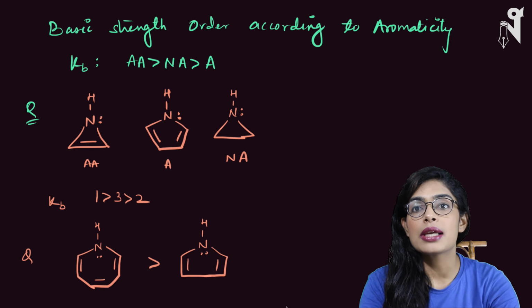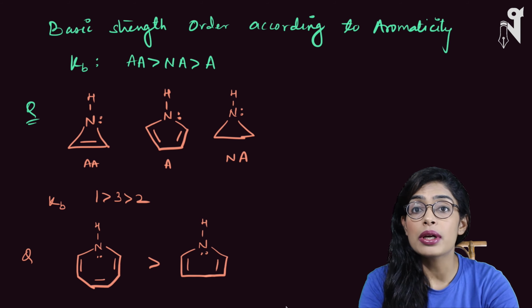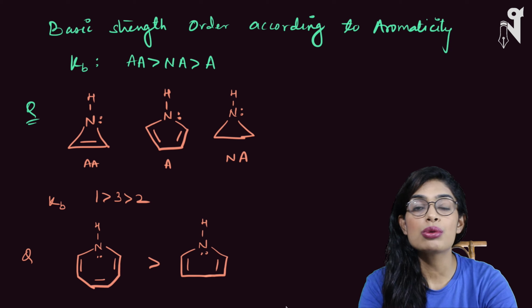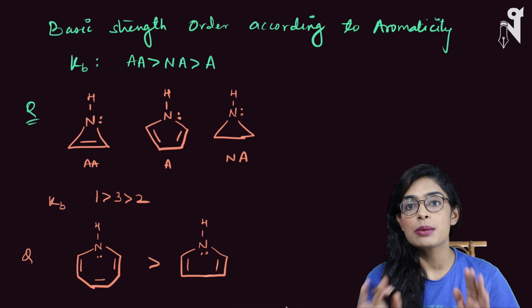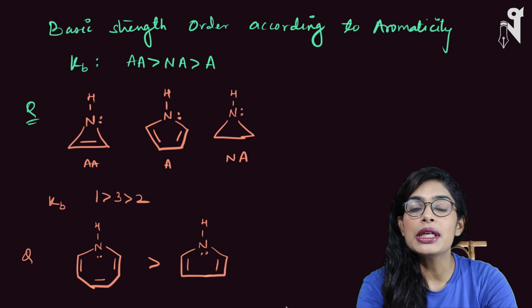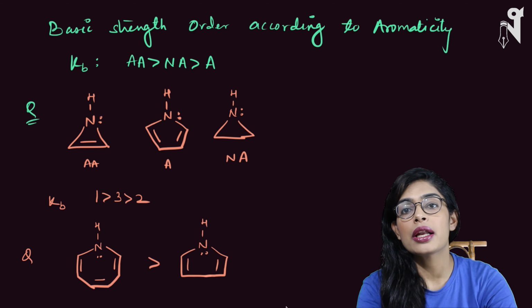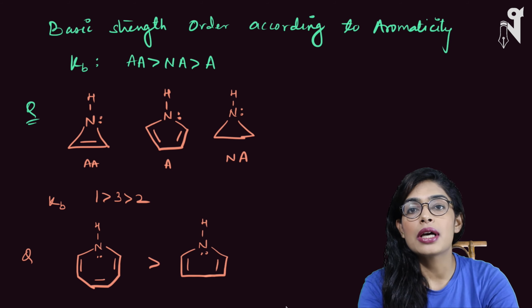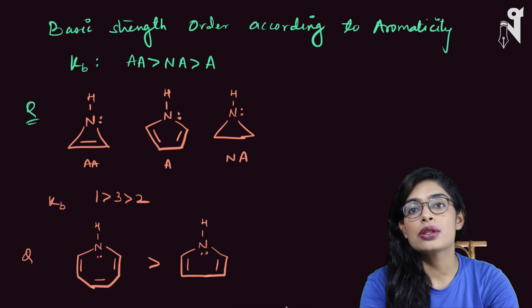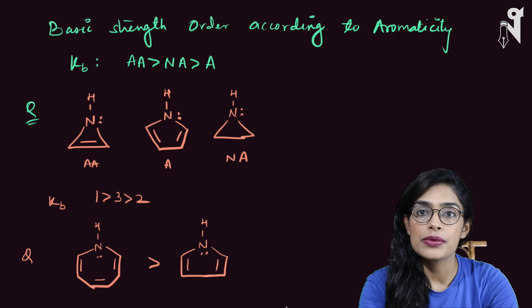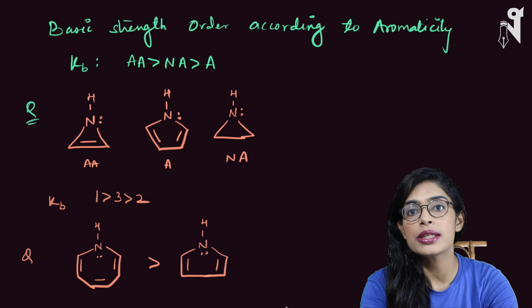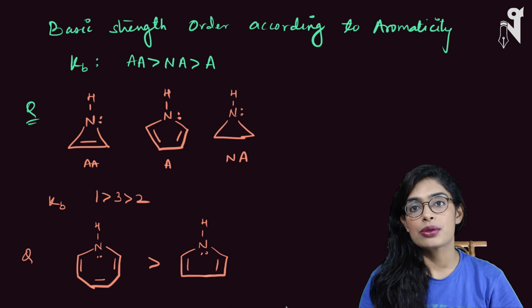In both the cases, the amines are dissolved in water. If the amines are in the gaseous form, then the order is tertiary, secondary, and primary. This also we had discussed. So we had discussed all the explanation regarding the medium in which your amines are and how the basic strength order will be if the amines are present in gaseous state or they are dissolved in the water. And along with that, we had seen how hybridization of nitrogen varies and matters for the basic strength.